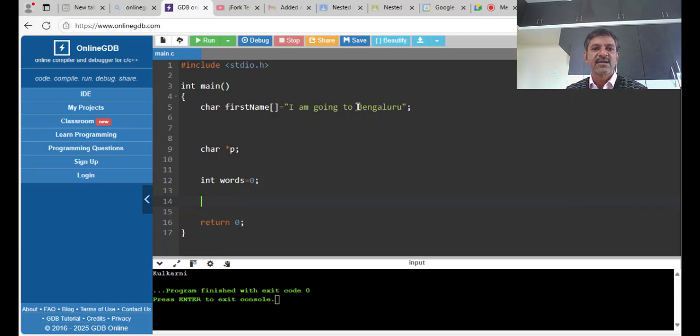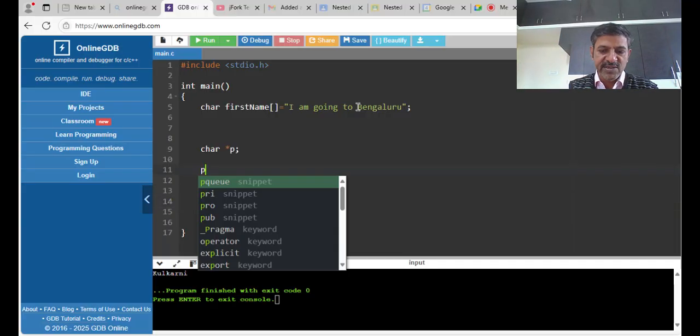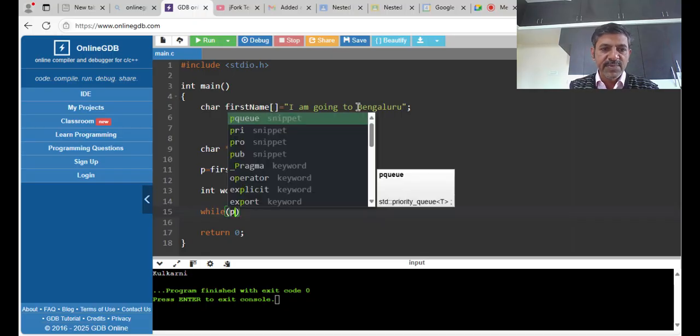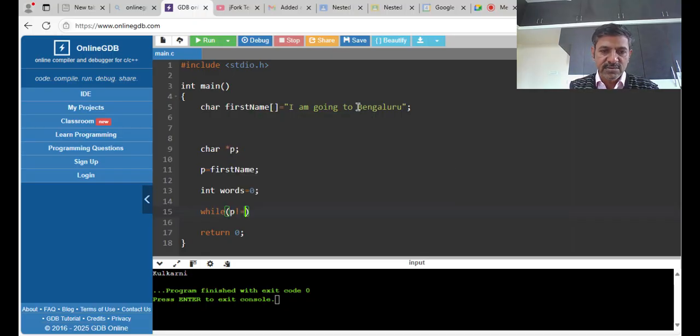If the particular character is space, increment the word count. Yeah, whenever you find a space, word count should be incremented, and go from left to right until you hit backslash zero. Okay, so first I have to initialize P to your first name, P is equal to first name, and then while P is not equal to null, within the loop,